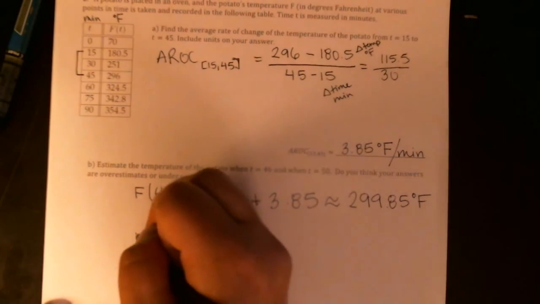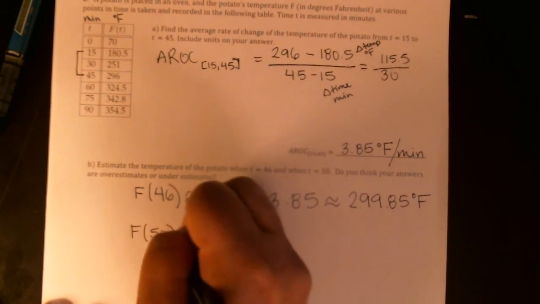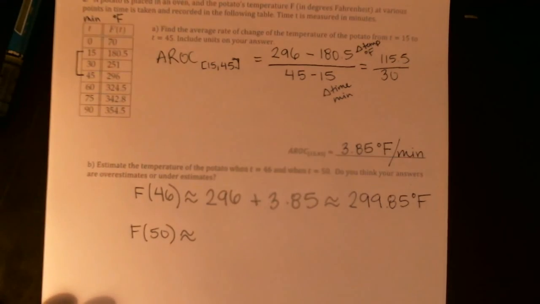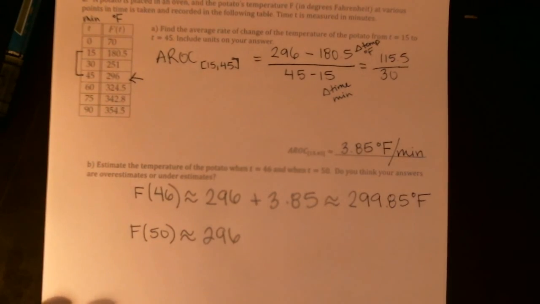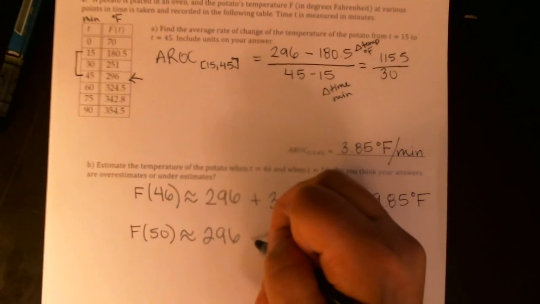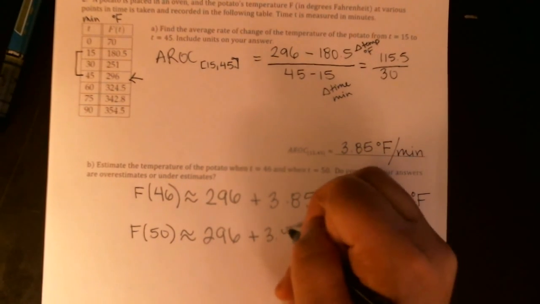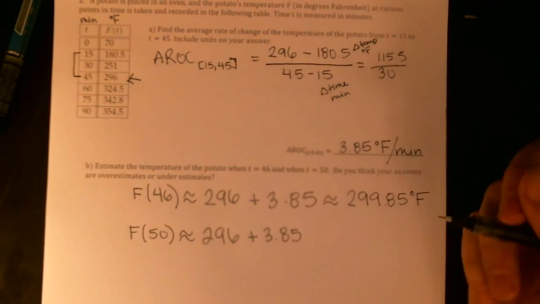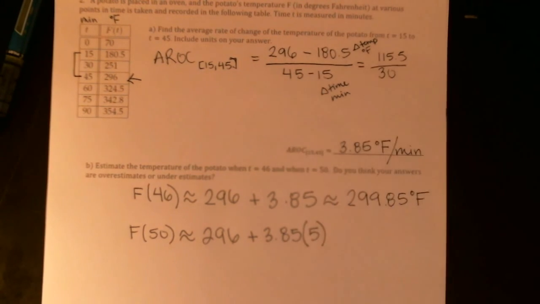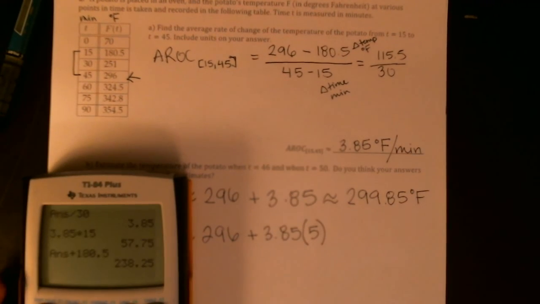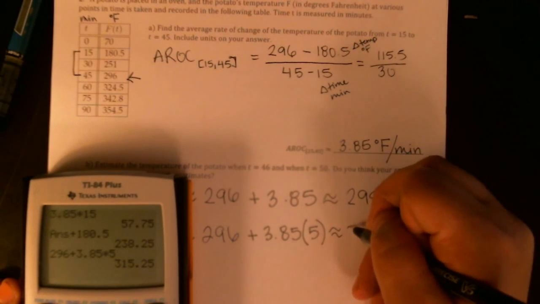Okay, so if we want to do this for 50 minutes, we just have to be a little careful. We could now say, okay, the closest piece of information I have is still this 296 degrees after 45 minutes. And now we want to know what's happening 5 minutes later. So I'm going to take this 3.85 degrees Fahrenheit per minute, and I'm going to multiply it by 5. So that's going to give me 5 minutes worth of increase. So 296 plus 3.85 times 5 is about